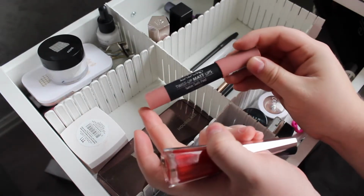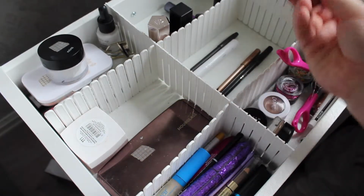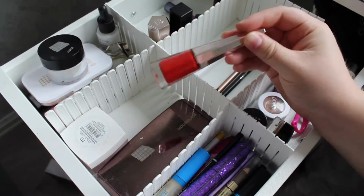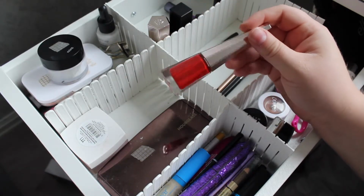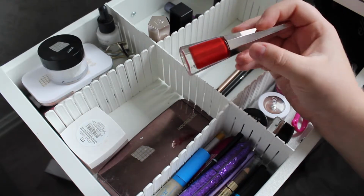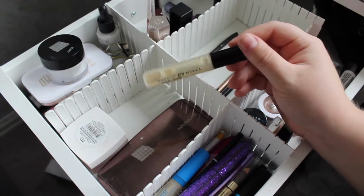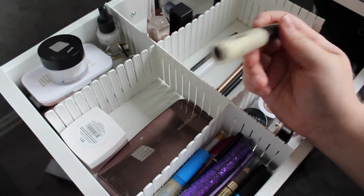This is the Isadora Twist Up Matte Lips in Naked. It's a really pretty nude, but I haven't used it, so it's going to stay. Fenty Beauty Stunner Lip Paint in Uncensored. I have used this once before putting it in here. Loved it, but I haven't used it since I put it in here for some reason, so I do want to keep this. And then we have the lip gloss from Makeup Mecca, the Aqua Shine Lip Gloss in Peaceful,